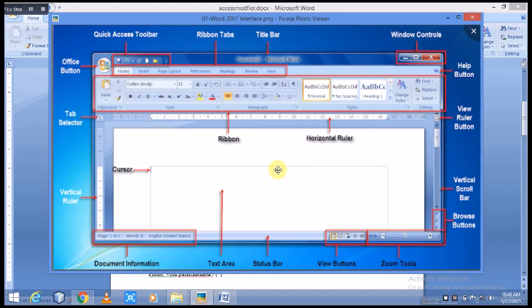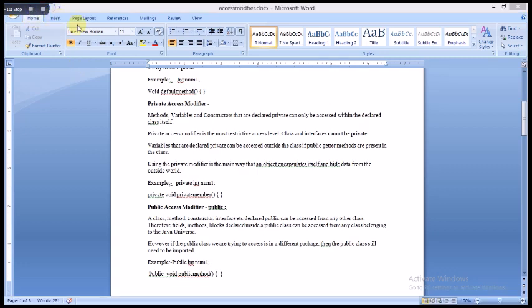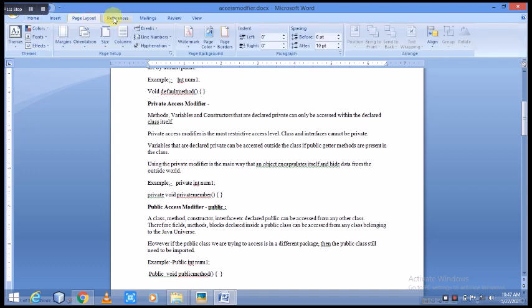Now next is the ribbon tab. Menu bar or ribbon tab means that by using the ribbon tab we have different options. As I have told you earlier, we also call it a menu button or menu tab, such as Home, Insert, Page Layout, References, Mailings, Review and View.